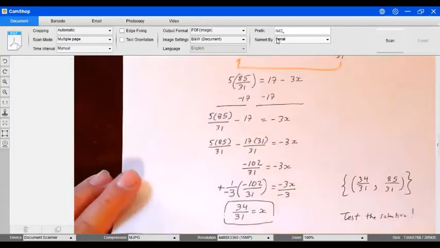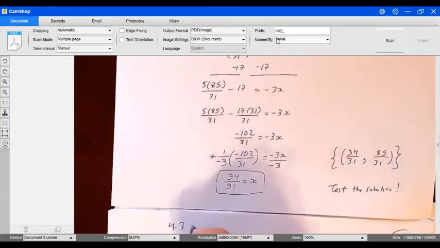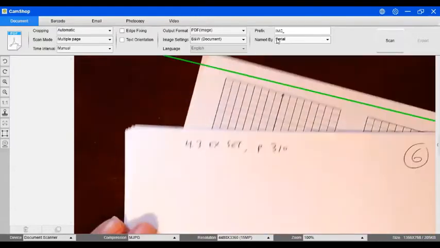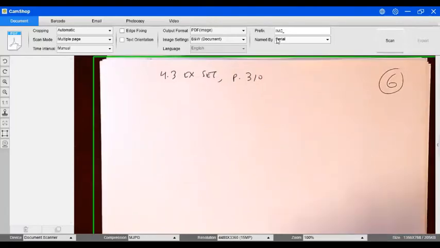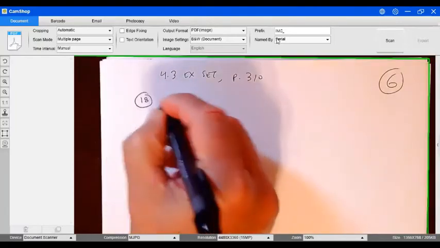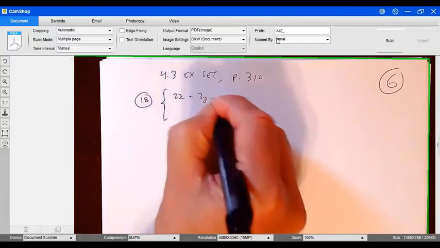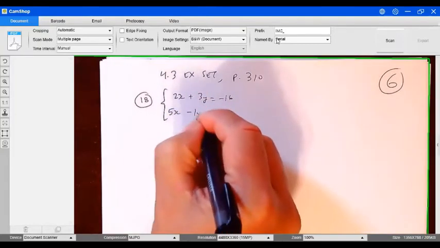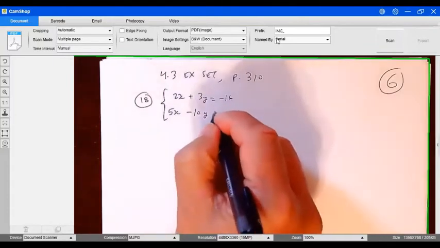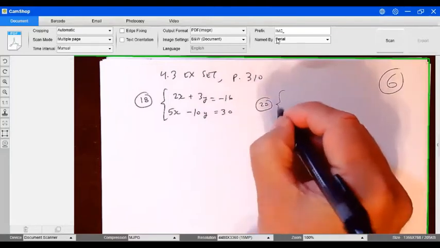So you're going to work now from the same exercise set from 4.3, exercise set on page 310. You're going to work the following linear systems. Solve the linear system by using the addition method. The first problem is 2x plus 3y equals negative 16, 5x minus 10y equals 30. Then problem 20 is